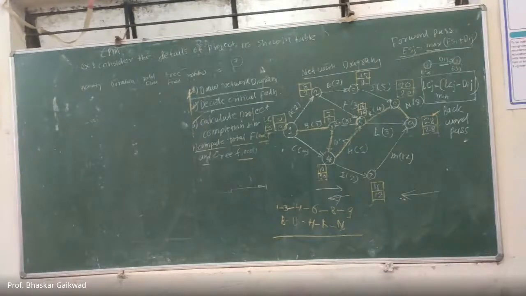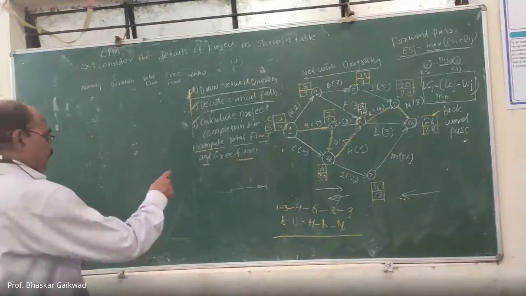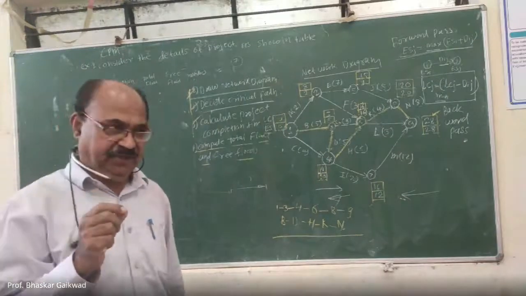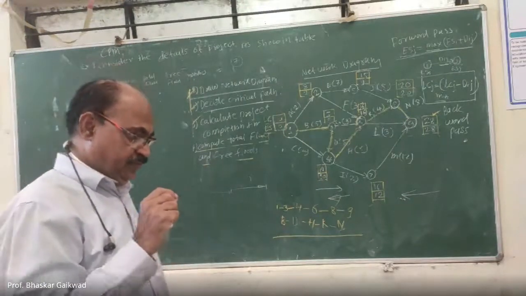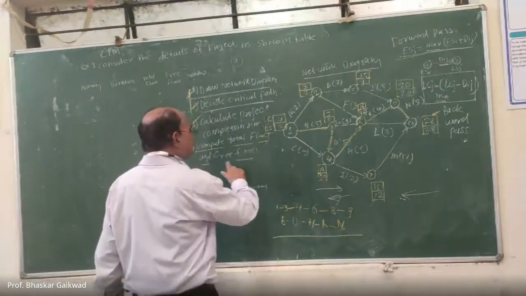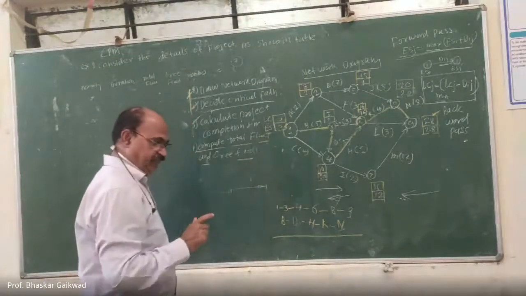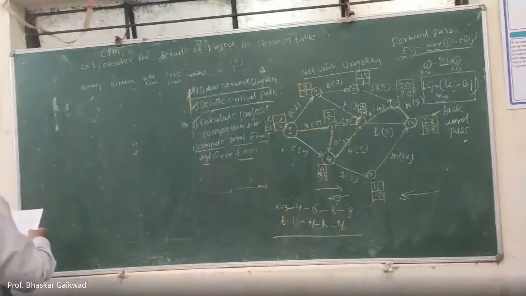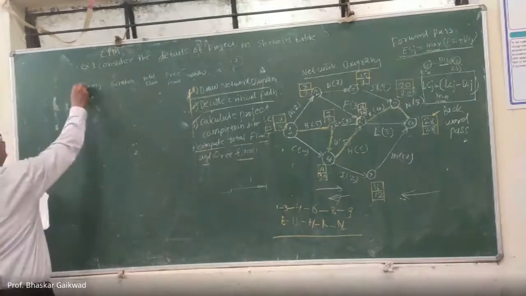It means a particular activity's time will get delayed, but it is necessary to give more concentration to that activity. So you have to remember that float is the adjustment of time in an activity without affecting the project time. That is called float. Now here's how to calculate that float. That we'll see here.